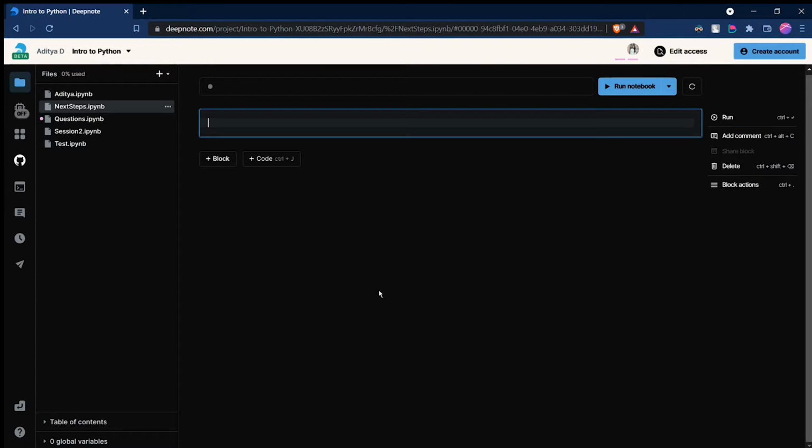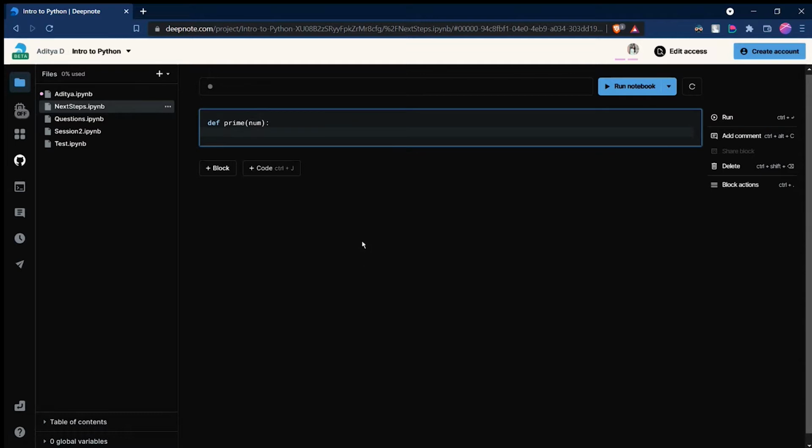So let's say I want a function that can check whether a given number is prime or not. Firstly, how do you write a function? According to Python, you just keep def and then give the name of the function. I'll call this prime because I'm checking whether a number is prime. Inside, I can give all the arguments that I need. We need a number in there, so I'll call it num. By putting a colon, I say that I'm opening my scope.